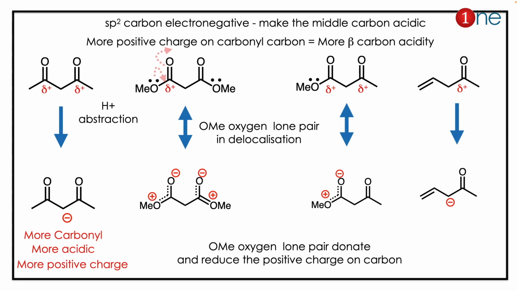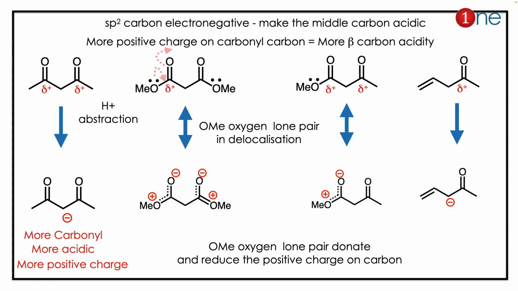Here the answer is simple. The given compounds are all active methylene group compounds. Here acidity is defined by the anion stability, or you can say the carbonyl positive charge. The more positive charge on the carbon, the more will be the beta carbon acidity, because it will be more electron withdrawing and more stabilize the anion. If you look at the compound P, it has 2 carbonyl groups, it stabilizes better,